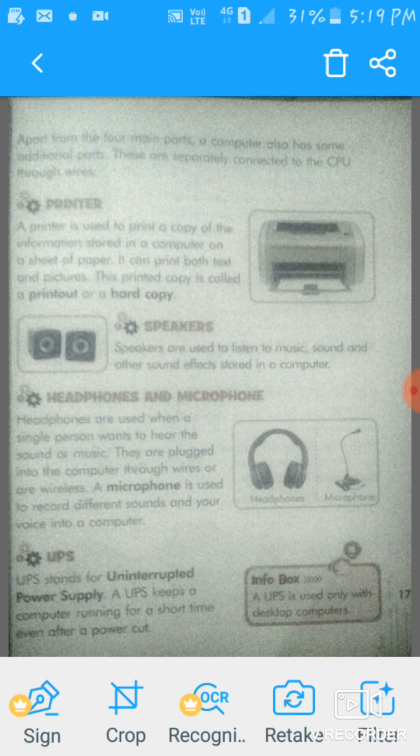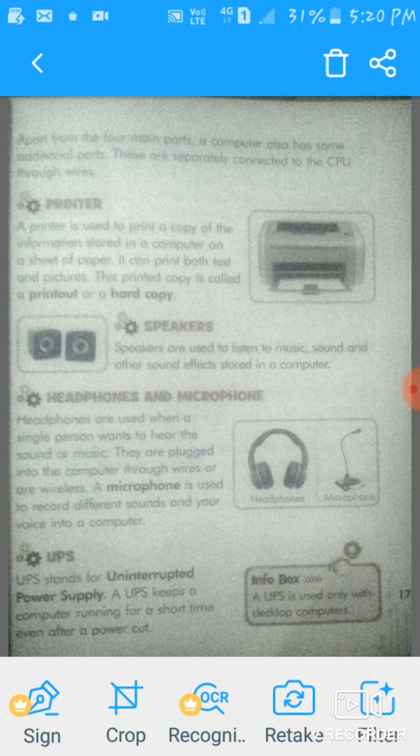UPS. What is the full form of UPS? Uninterrupted power supply. UPS stands for uninterrupted power supply.